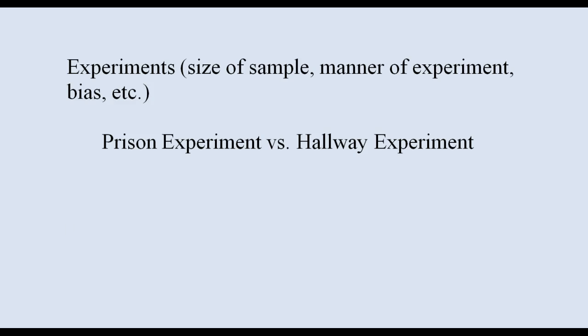We've already seen one experiment talked about in the Ronson book that had to do with the prison experiment, if you'll recall, from Stanford, where the problem was that because the prisoner and guard students knew what they were supposed to do, there's some people saying that they played the role instead of accurately portraying what would happen in a prison experiment. So that's an issue of the manner of the experiment. When people know what's happening, it doesn't work as well. And that can lead to bias on the part of the people in the experiment,